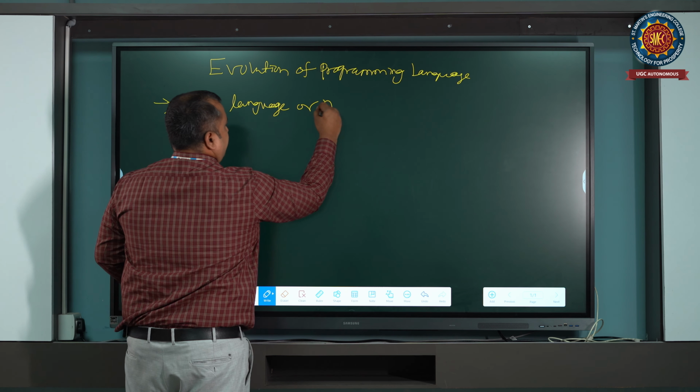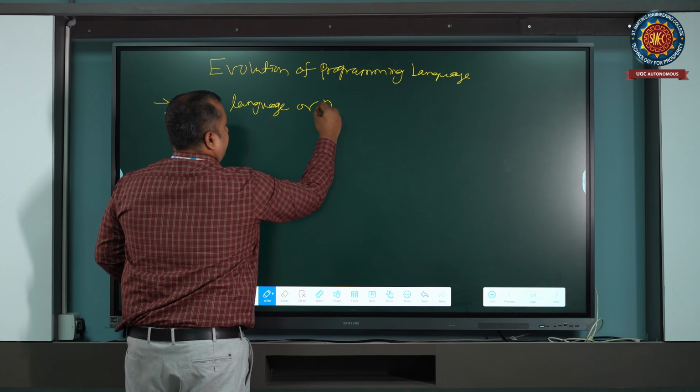You got it? So a procedure is nothing but a function. It will be called a function in different programming languages. A function is used to complete a particular task. How does the task get executed? A function has data as well as instructions, a sequence of instructions. When these instructions get executed, the task will be completed. So in procedure oriented programming, much importance is given to the procedure, not to the data, not to the object.